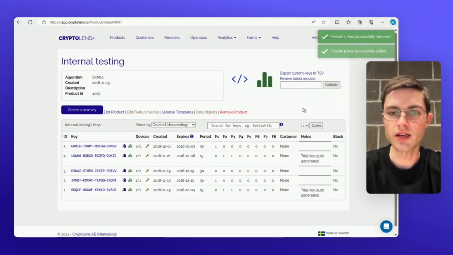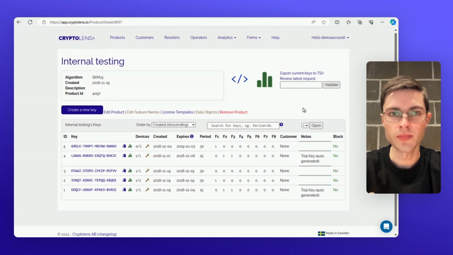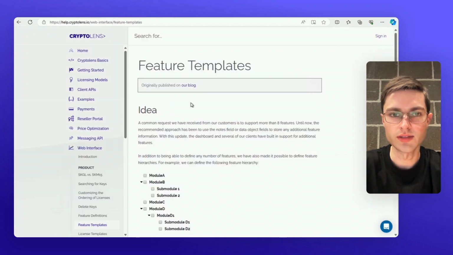Let's suppose that you'd like to add feature 9 or even define a feature hierarchy, for example, where you have a module and that module has submodules. To do that, you can use a feature that's referred to as feature templates. So if we look at the tutorial,